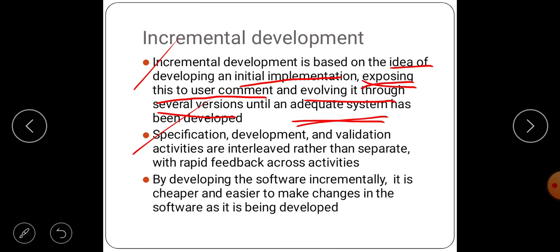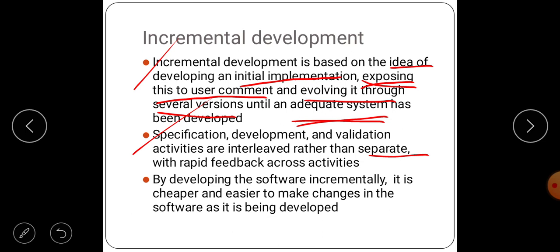All the process activities are like one phase only, but there is a thin layer between specification, development and validation. But in the waterfall model, each process activity is a separate process.